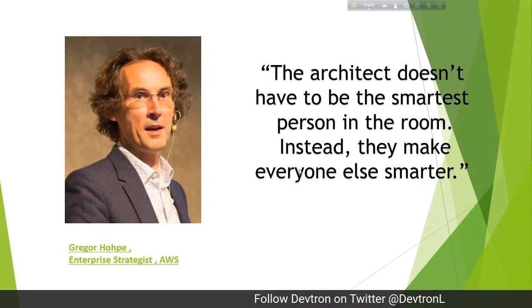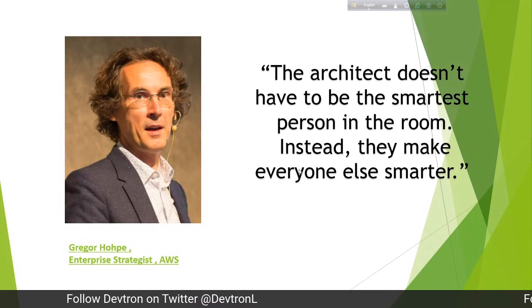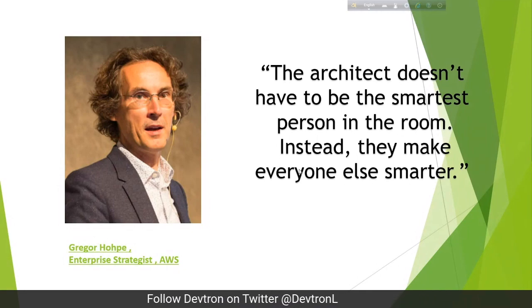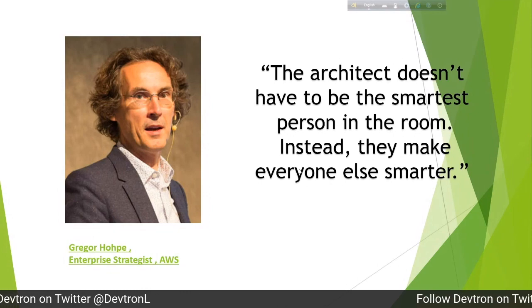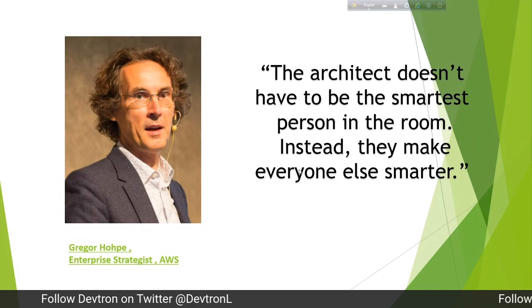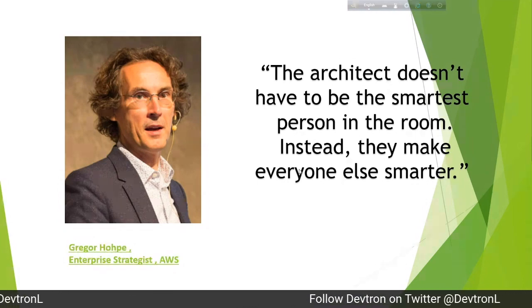And this is again Gregor Hohpe, who I was quoting a few minutes back. An architect doesn't have to be the smartest person in the room. Instead, through coaching, through helping people be better than what they are today, they will make everybody else smarter. That is why I was saying that an architect's main job is to foster collaboration. You cannot do everything on your own. The main purpose of an architect is to help people be better than what they are today